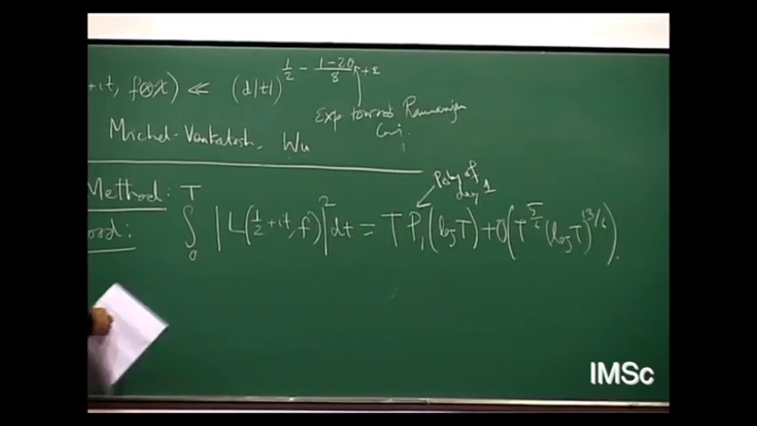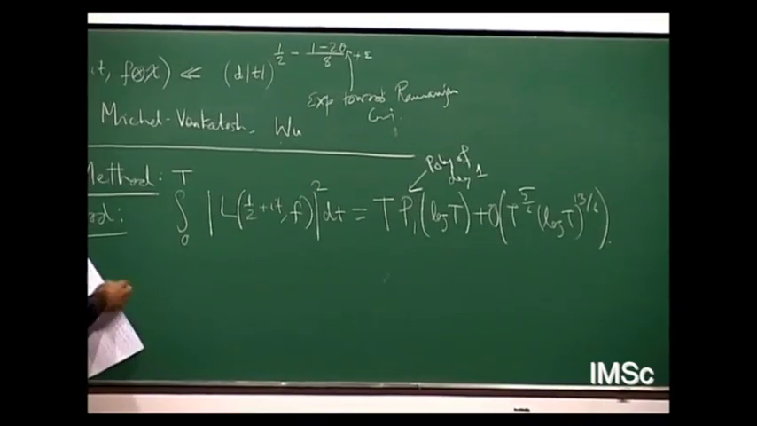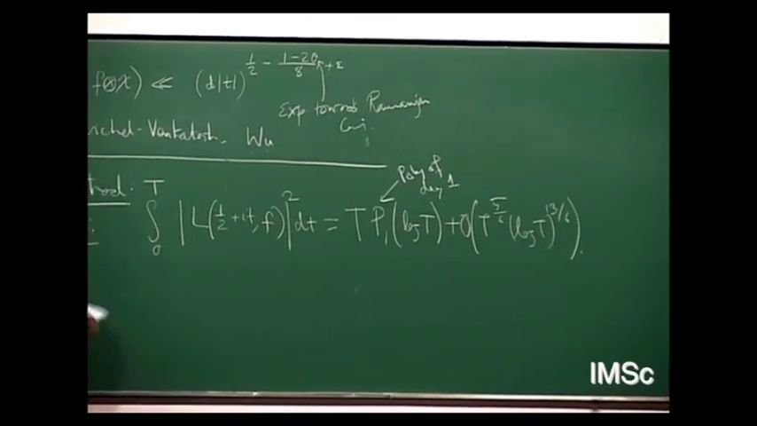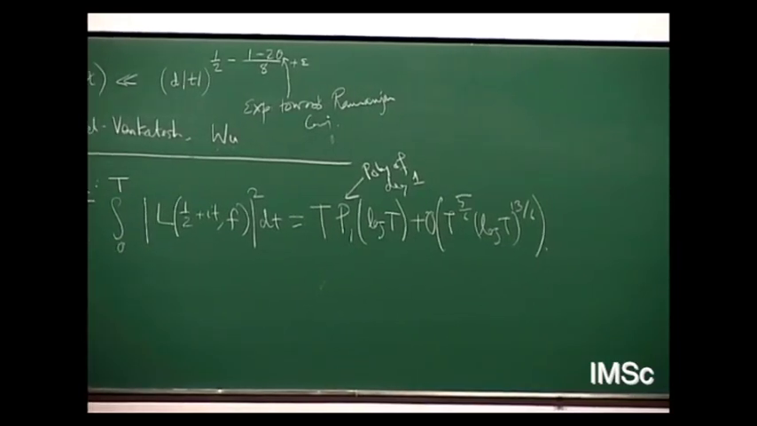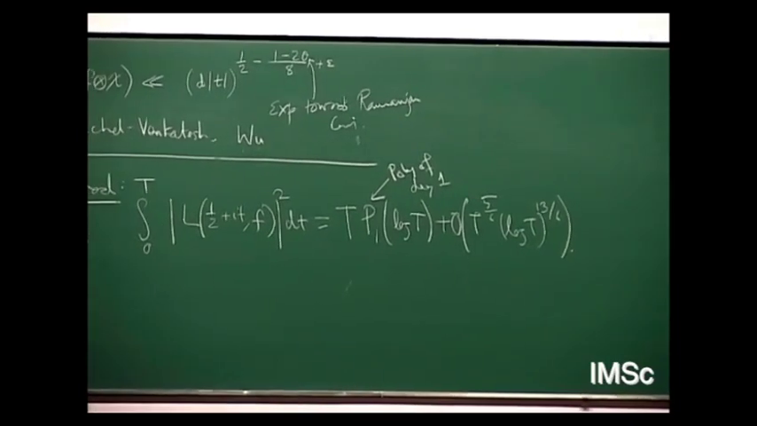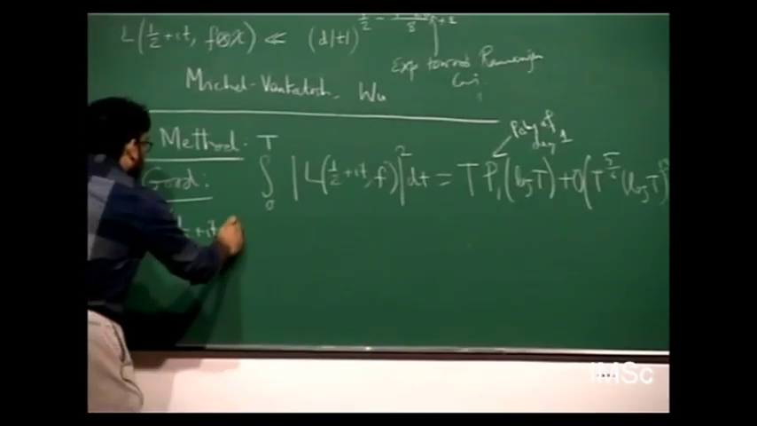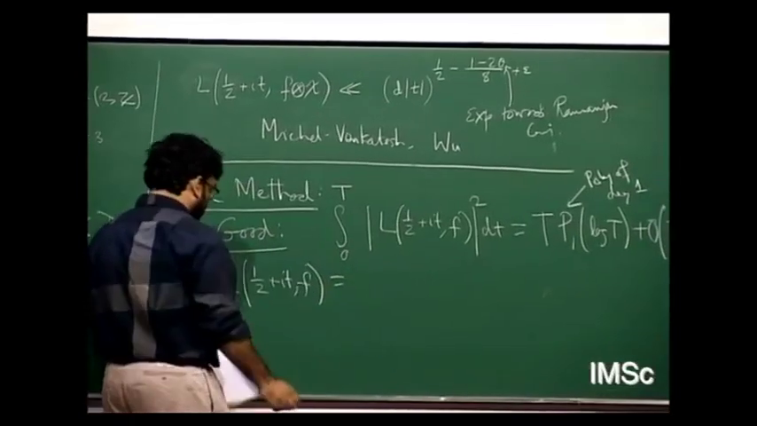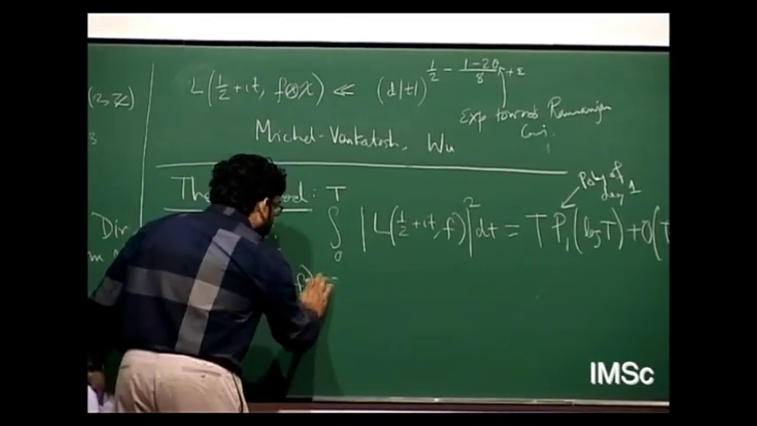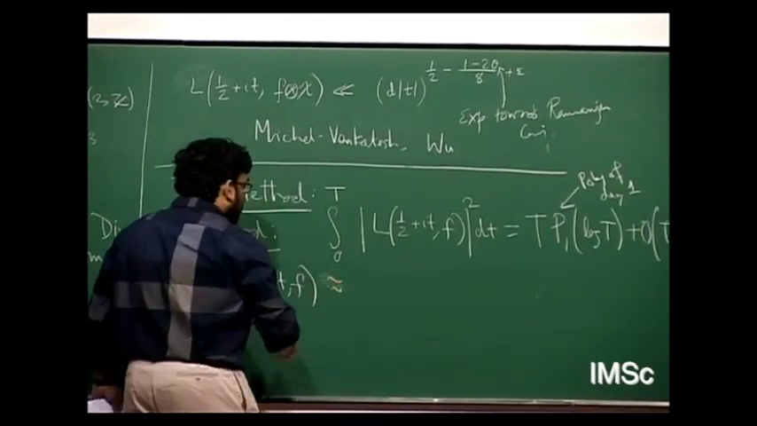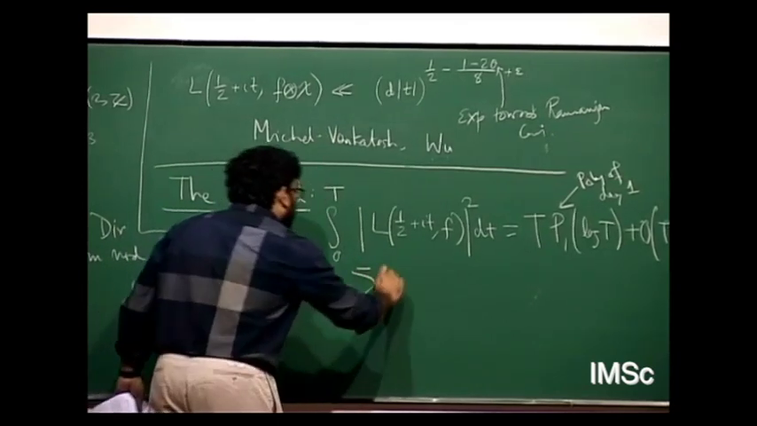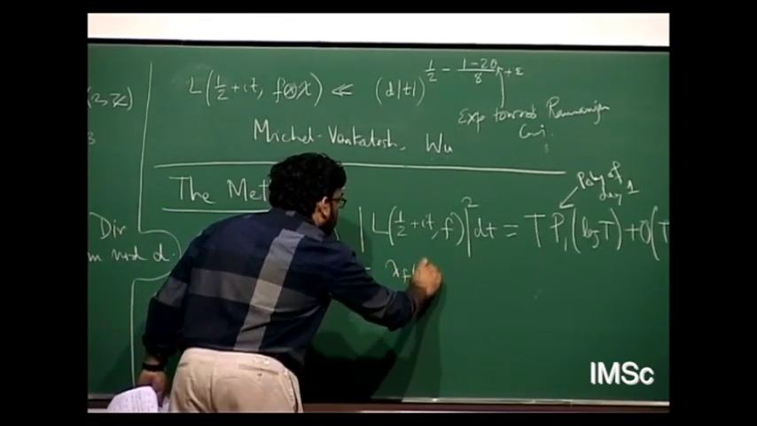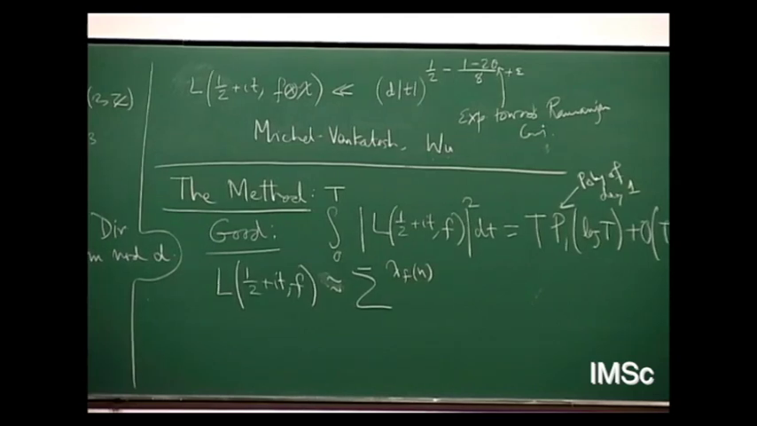So how do you compute? How do you prove such a result? As Koenig did, we look at the approximate functional equation. So we have an expression for L(1/2 + it, f) which is not exactly an equality. It looks like something like the sum of lambda_f(n), where lambda_f(n) is the normalized Fourier coefficient,